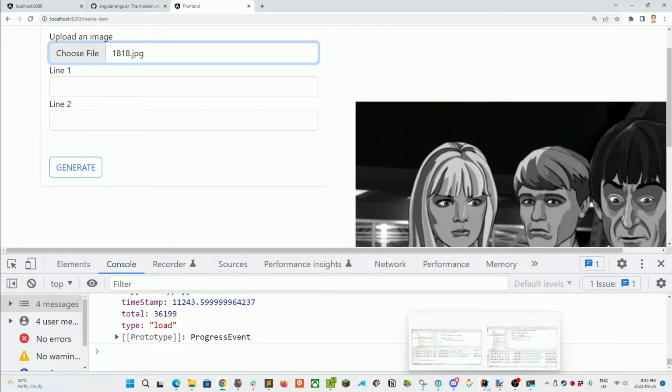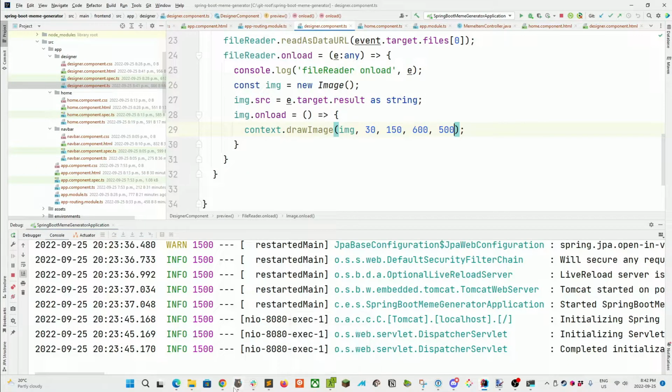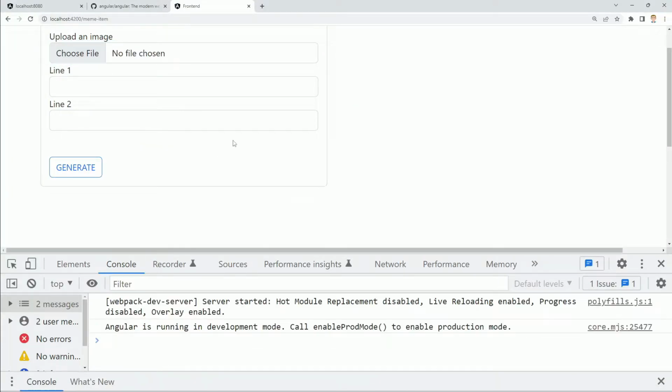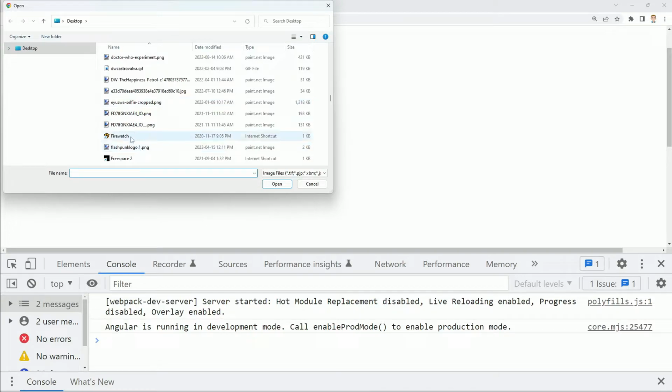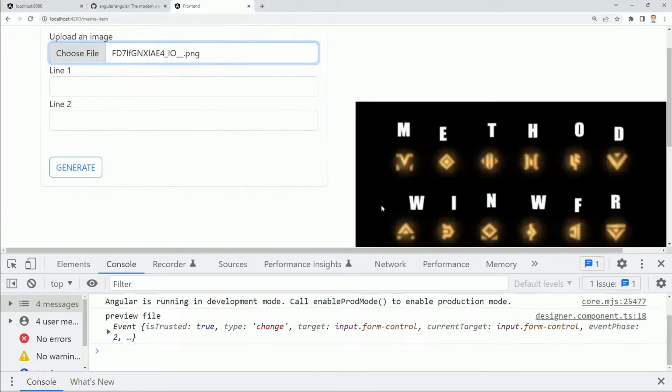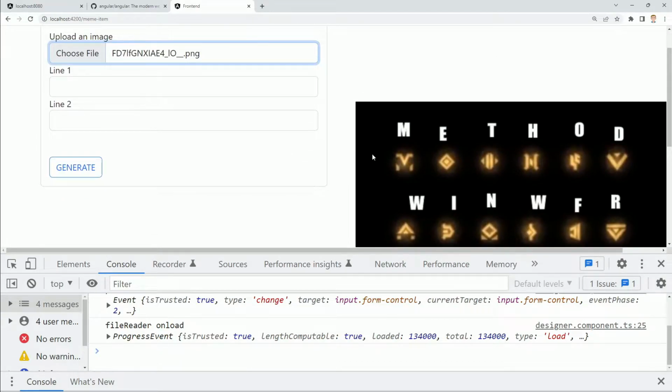So let's go back to our draw image, and let's give ourselves a resize window to put it in. And let's go back here. It'll reset everything. So let's choose a file, and let's just, I don't even know what image this is. Okay, method win world first race. Yeah, they didn't. Anyways,